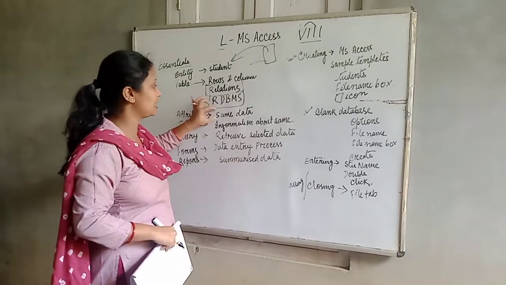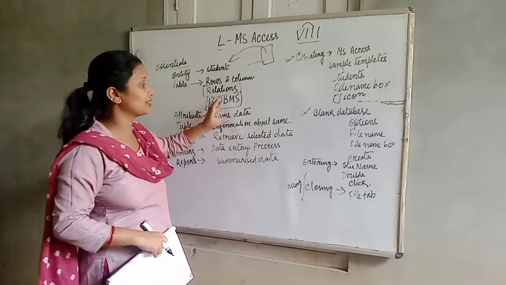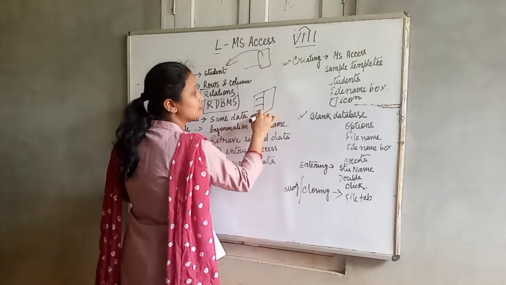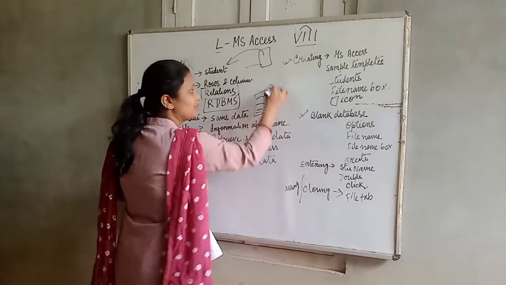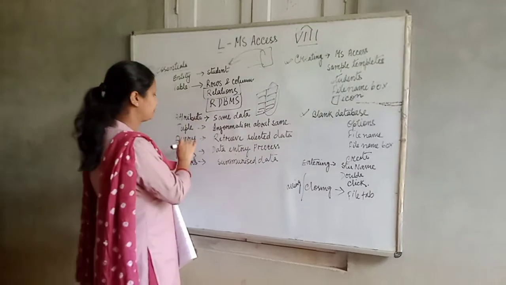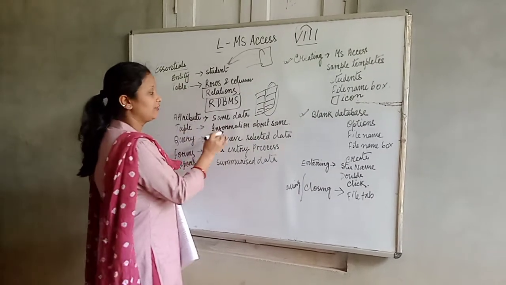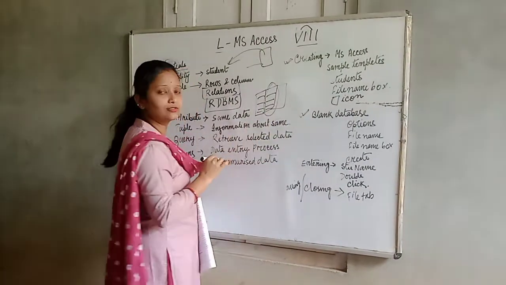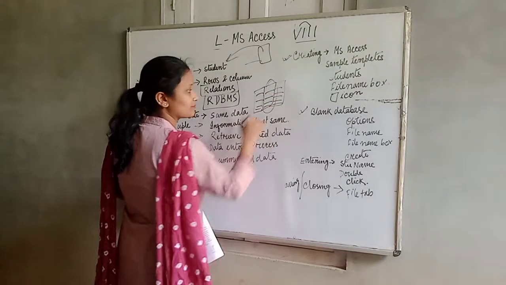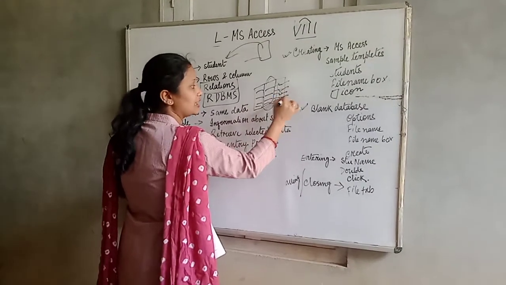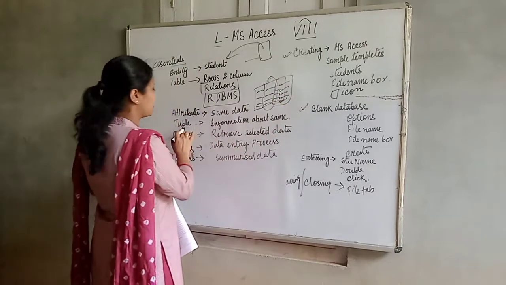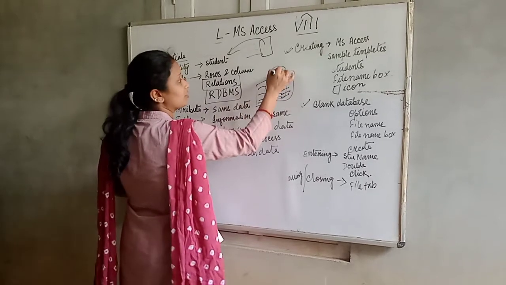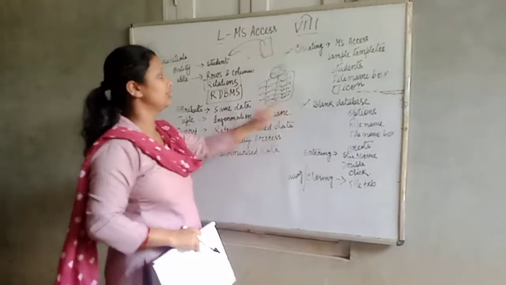What is an attribute? Same data. When you are typing some same data, suppose the names of the students of the class are different, but the age will be the same. This same data is called an attribute. Tuple. What is a tuple? Information about the same. What is the information? Suppose computer science taking students, all are computer science. This information will be the same. That is about tuple. So tuple and attribute, these two are related, having relation.